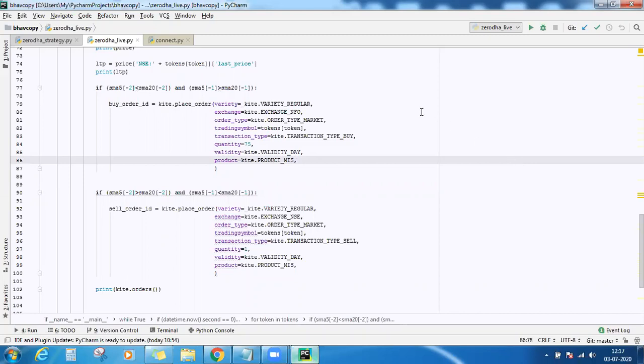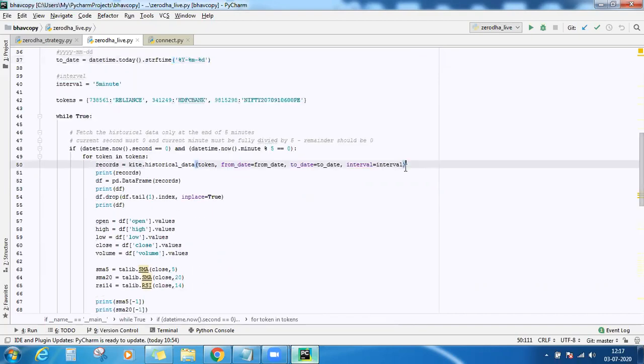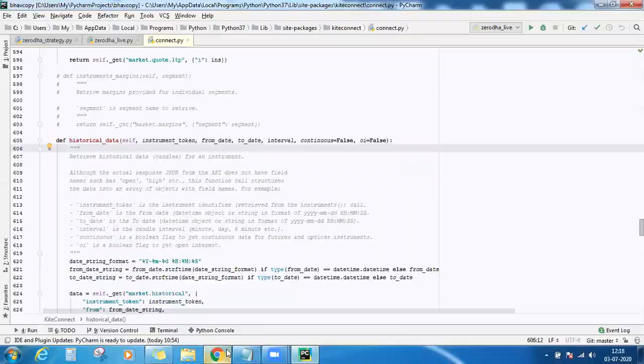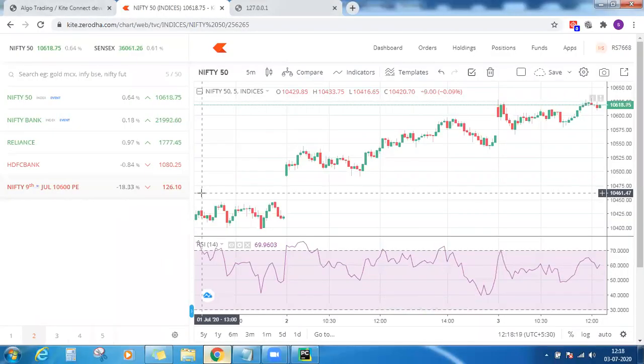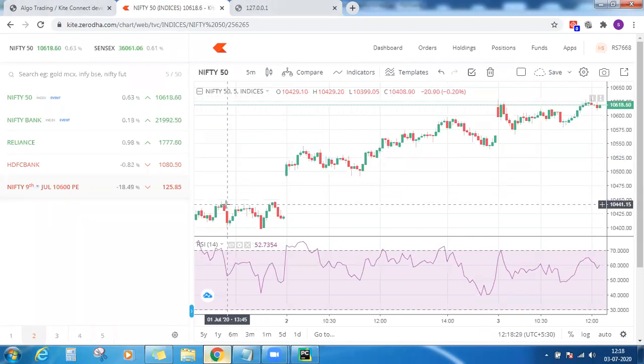Yes, and this historical data also has one more argument, which is open interest. You can choose a continuous future or a normal future, or a continuous option contract or a normal option contract. I searched for their continuous contracts, but on the terminal I am not able to find them. If I am able to find them, I'll let you know how to access them. In other platforms I'm able to access them, but in Zerodha I was not able to do so.